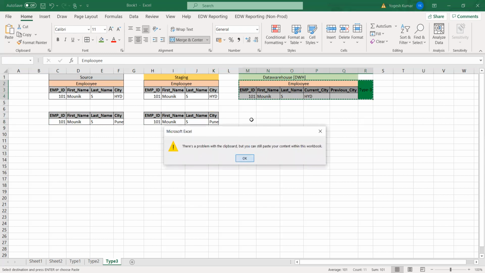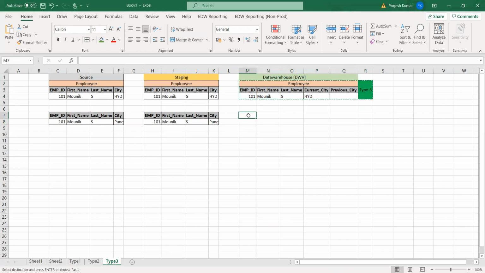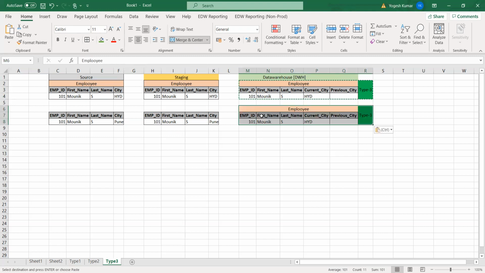How will it be loaded? Current city will be Pune and the previous one will be Hyderabad.